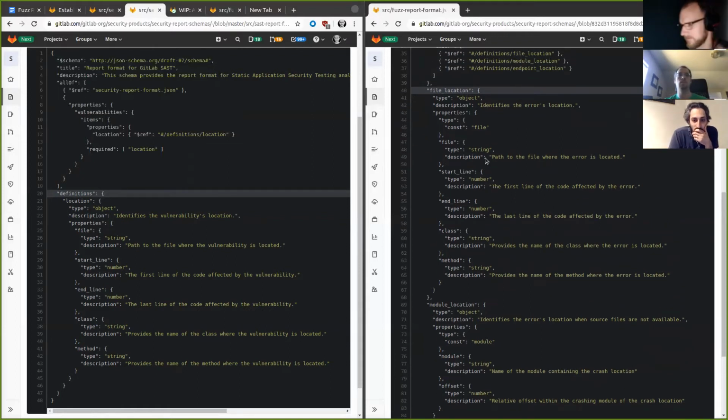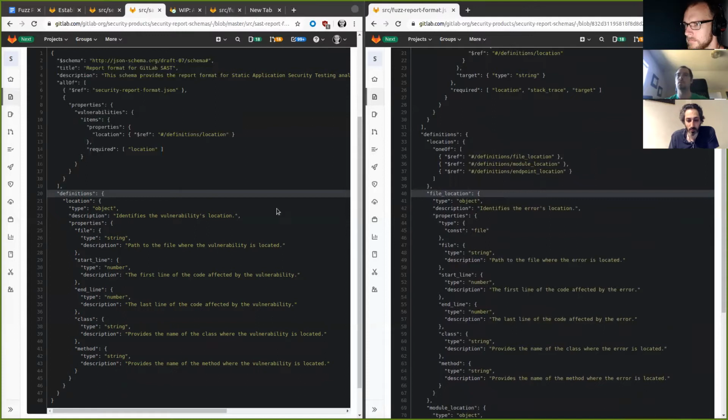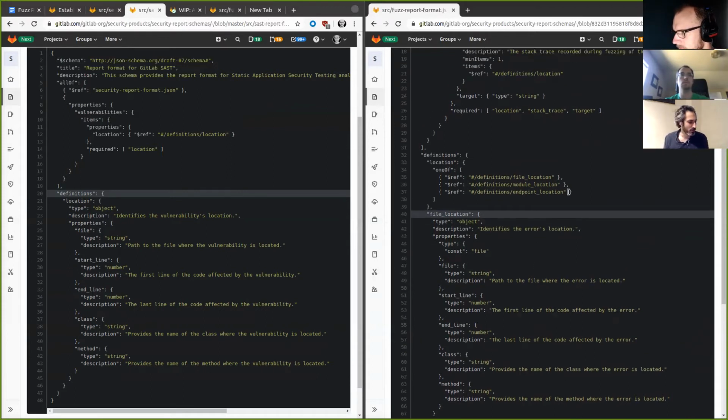Okay. Man, fantastic. Cool. So I think that makes sense to pull this out into a library, add the constant field, make it a required field in the new version of the schema. SAS can make a code update. If they don't make the code update, Rails should work just fine. And then that adds the ability for us to introduce these two additional ones, which would be module and endpoint location. Now, do you know if module and endpoint location are used by